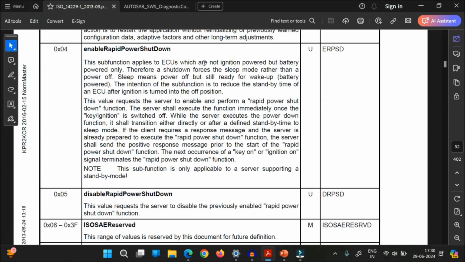This subfunction applies to ECUs which are not ignition powered but battery powered only. Therefore, a shutdown forces the sleep mode rather than a power off. Sleep means the power is off but still ready for wake up, that is, battery powered. The intention of this subfunction is to reduce the standby time of the ECU after ignition is turned into off